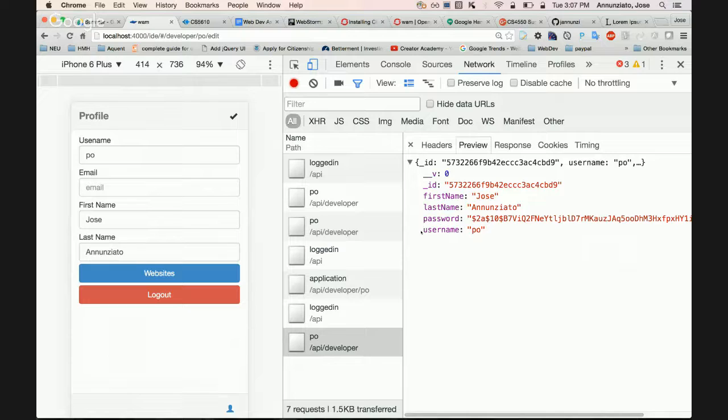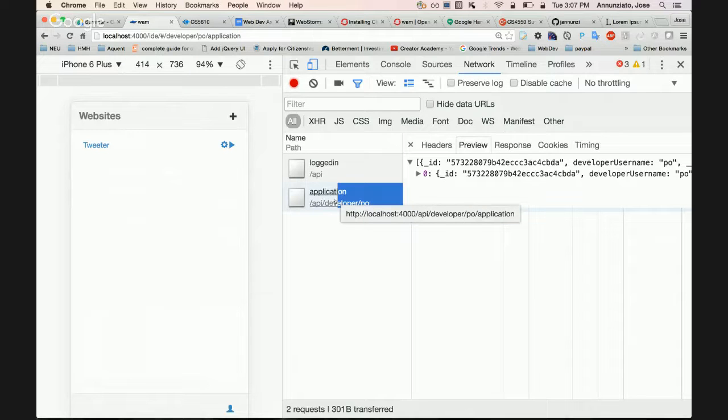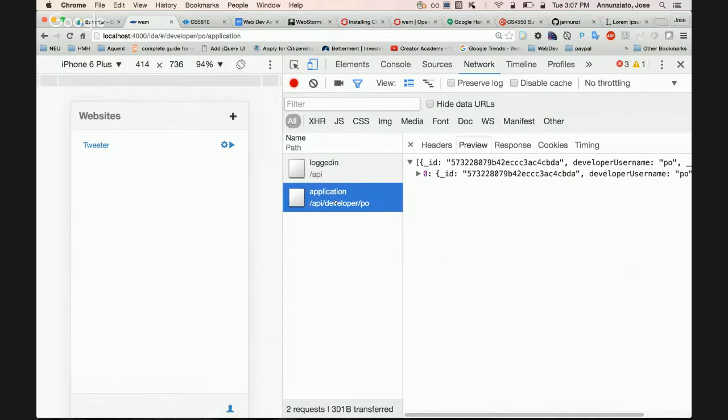In our network call, we never saw the page actually refresh. We never left index. Instead, we're fetching the data strategically from the server and updating the content as necessary. The page didn't refresh.